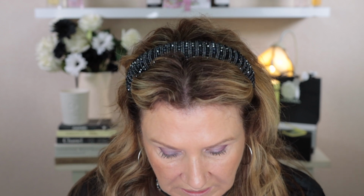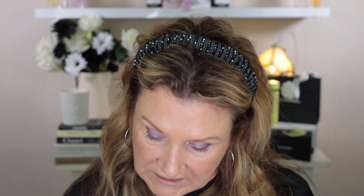Now let's take a look at the Pure Color blush. They released two blushes and I got number 148, which is a combination of red blush and pink highlighting color with blue pearls. From the photos I saw on Instagram before this was released, I thought this blush looked absolutely gorgeous. This also, just like the eyeshadow, has a shelf life of 12 months from date of opening, and it is also made in Japan. So again, the beautiful Suqqu packaging, and here